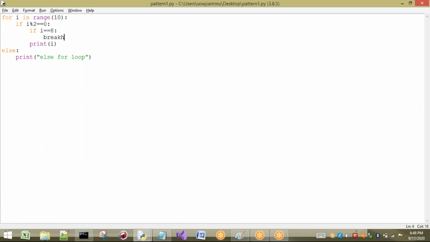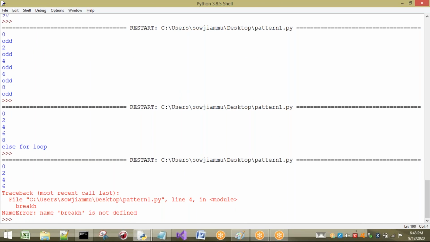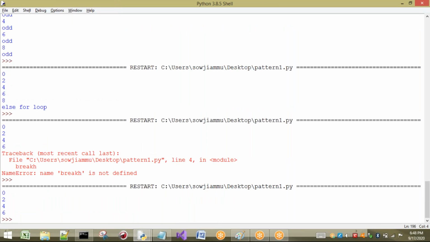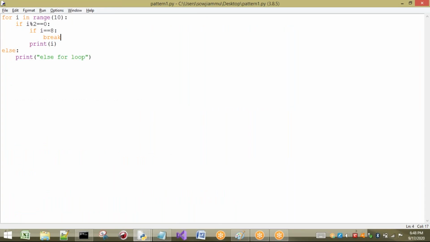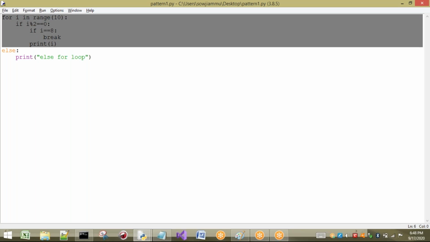Sorry. Right, now see what happens. 0 to 4, 6 only is printed, because at 8 it is going to apply break. That means in the for loop I have executed break here, so else will not be executed.